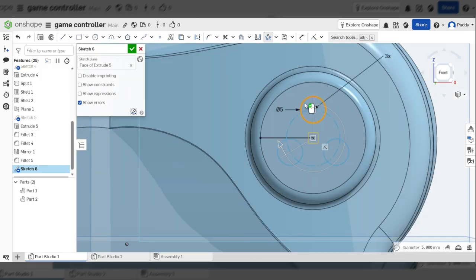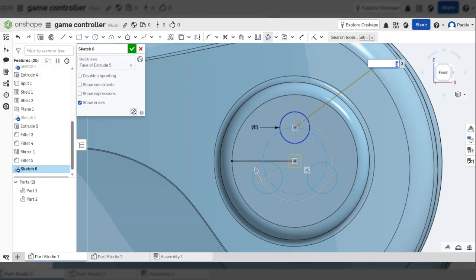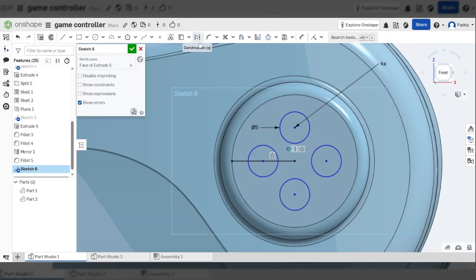Now I want 4 of these instead of 3. It defaults to 3. All I do is double click where it says 3 times. I just change that to 4. It gives me 4 of them. All I'm going to do now, get rid of this line, trim this line, trim this line,